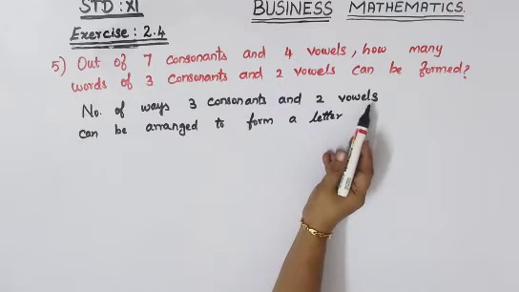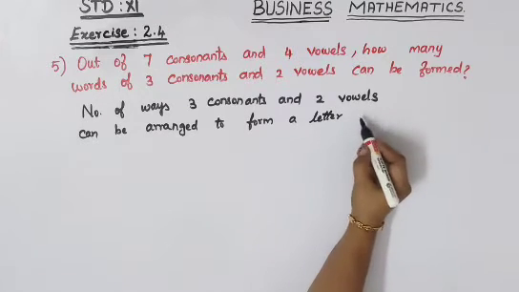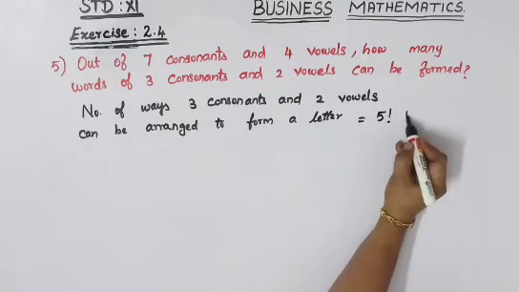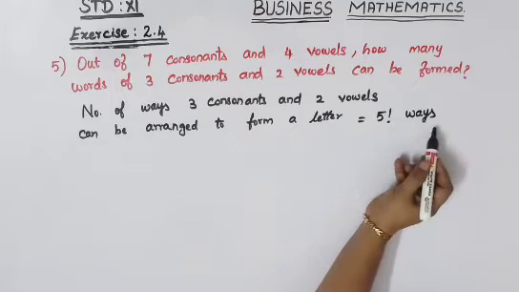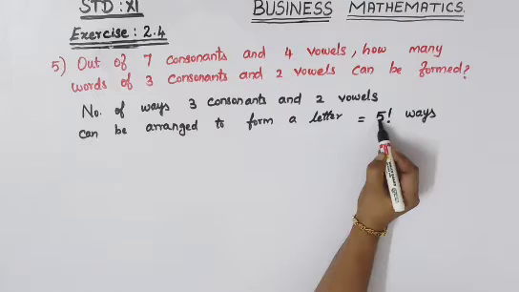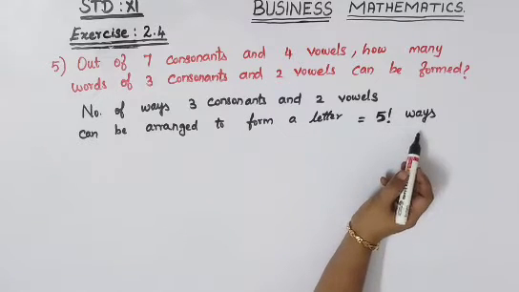So totally you will have 5 letters. So 5 letters you can change in so many orders. That order will be 5 factorial ways. So this is your first permutation. Wherever ways are coming, you are writing in your permutation. So in your permutation only, you can find how many possibilities are there.